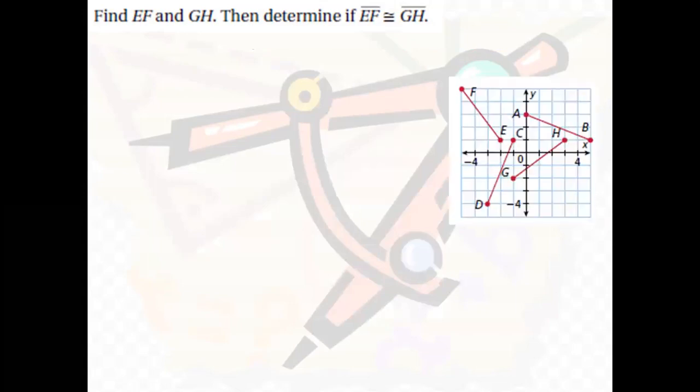So the question says find EF. So you have to find the distance between EF and GH, then determine if EF is congruent to GH. Okay, so